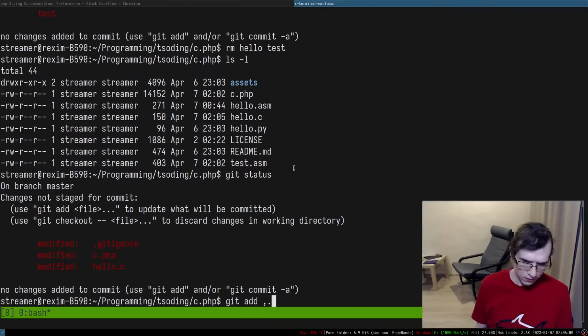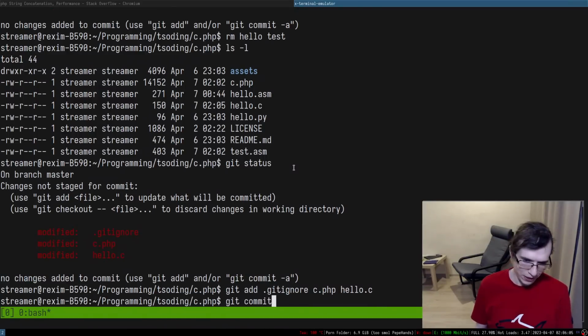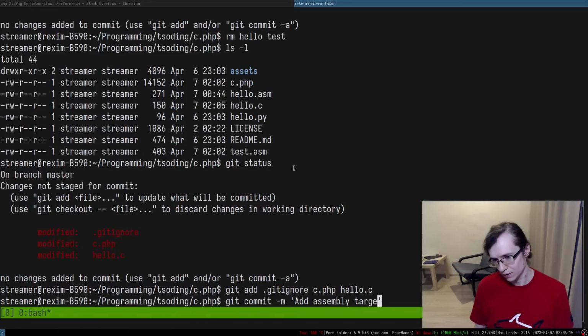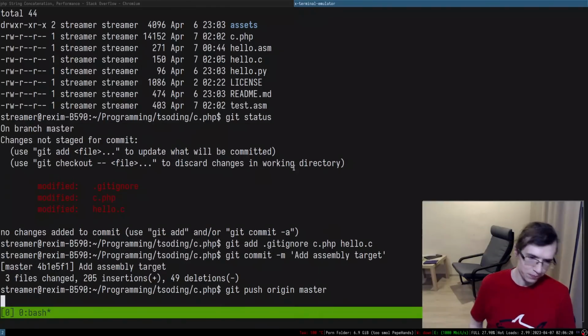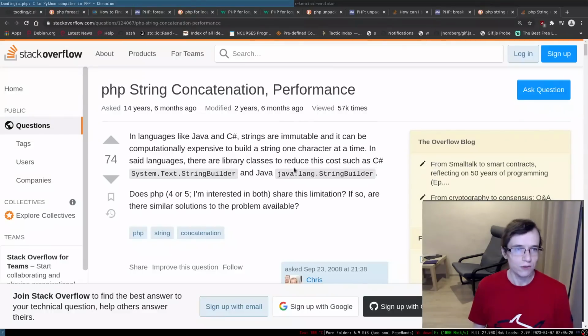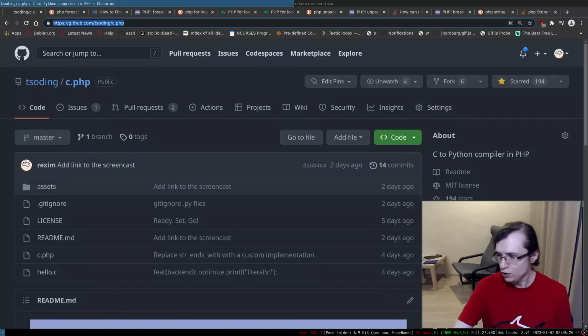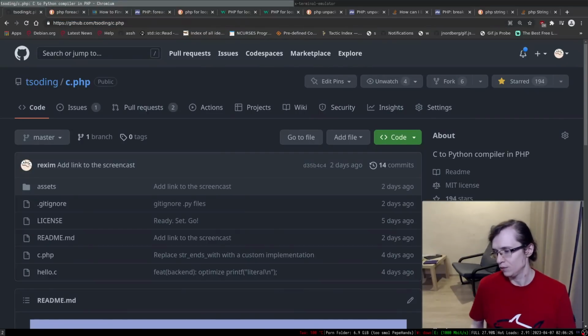Git add, git ignore, c.php, hello.c. I'm gonna commit everything by saying add assembly target. I'm gonna push that right into the repo. So you can find the source code of this entire thing in here if you are interested. I'm gonna copy paste it in the chat.